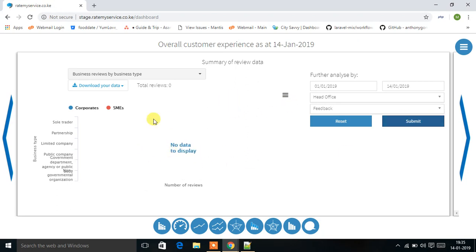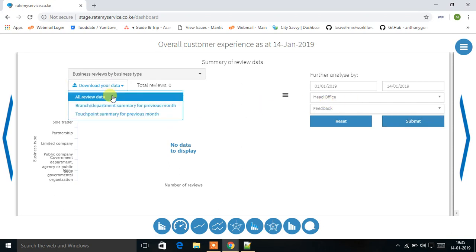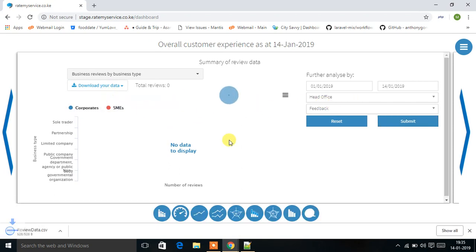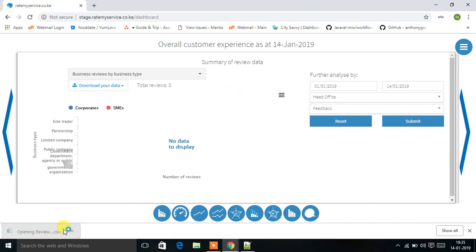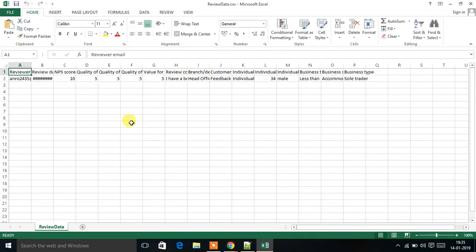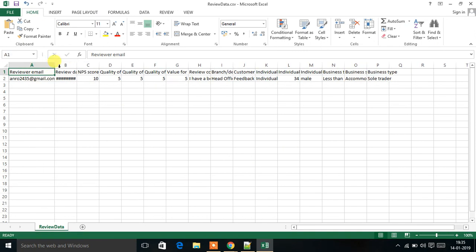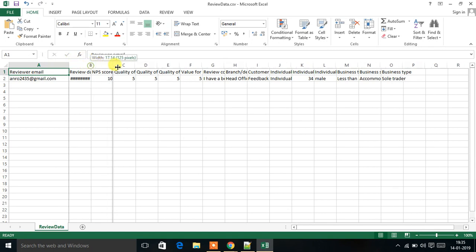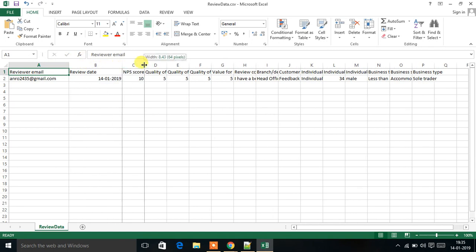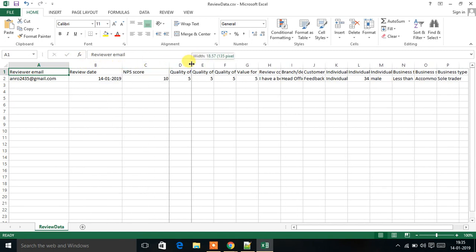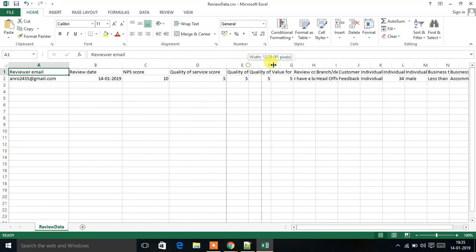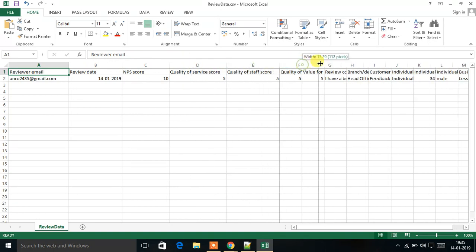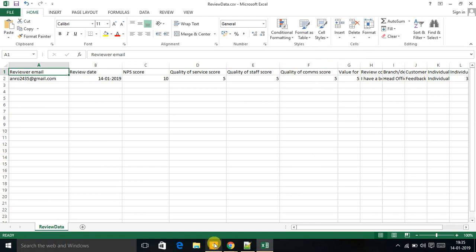and there is, for an example, total data, all review data. So review data will be generated according to this. The reviewer is my email which I've put in, andro2435@gmail.com. This is my review date, this is my NPS score, this is the quality of service which I gave the rating out of 5, right? So quality of 4 is the value of score,